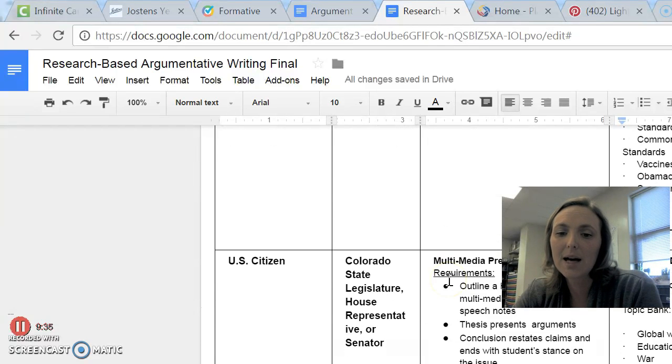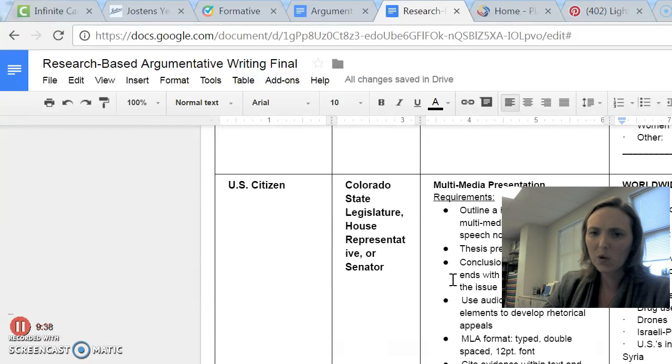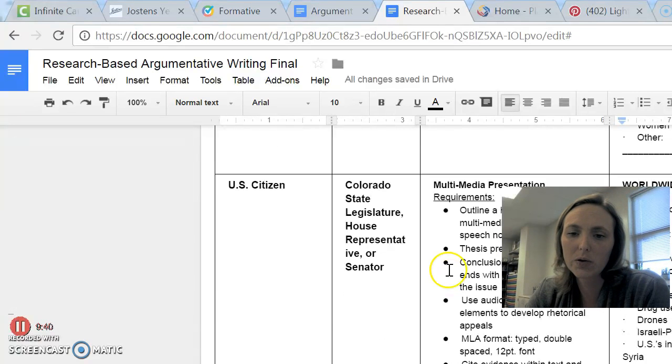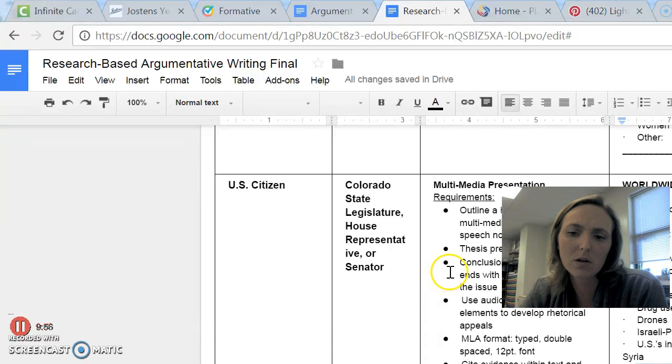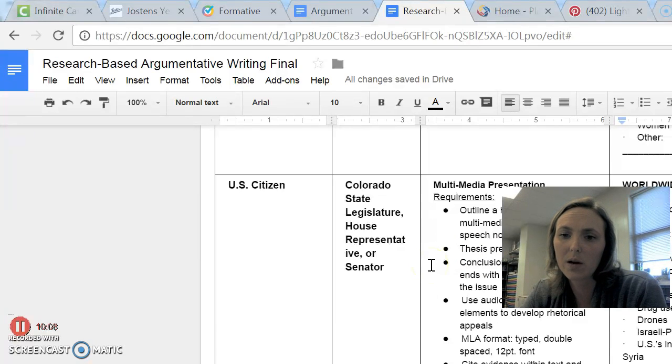And then lastly, on the worldwide issue: what are things affecting the entire world? So that would be global warming, war, stem cell research, drug use in sports, use of drones. Right now, U.S. involvement in Syria or lack thereof. Specific human rights. There is a human Bill of Rights through the United Nations. What does that look like? Are there certain things that should be on it that are not on there? And then lastly, should we be taking in Syrian refugees and helping Europe out with their crisis?